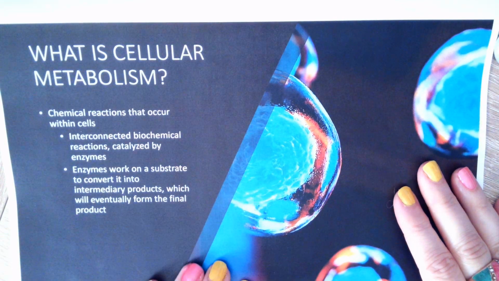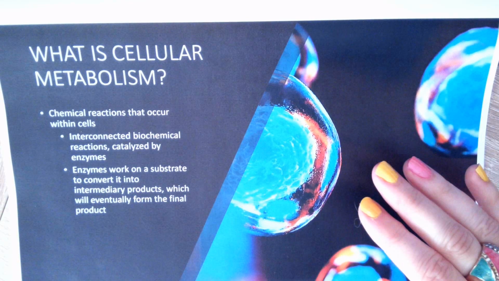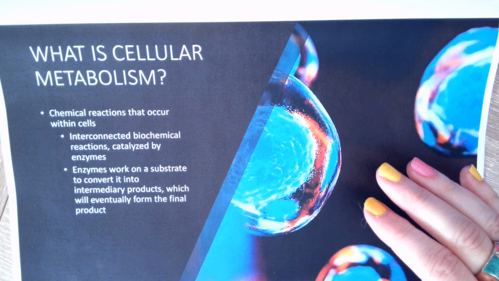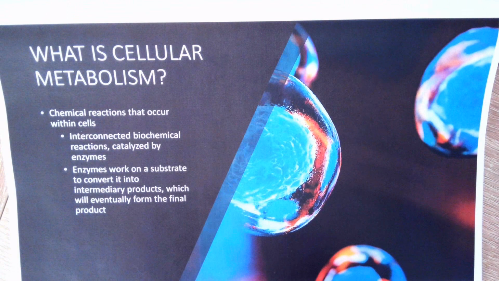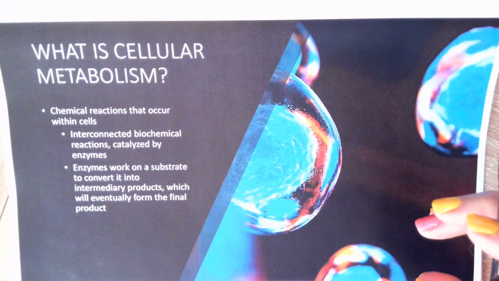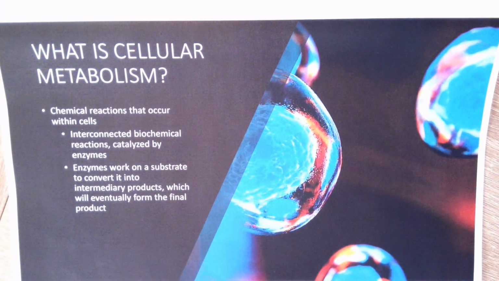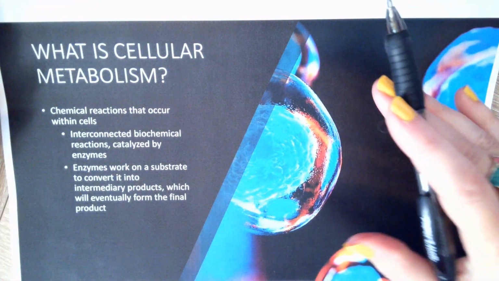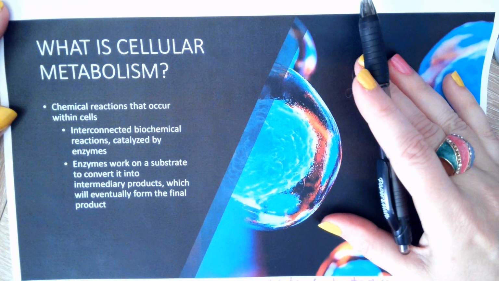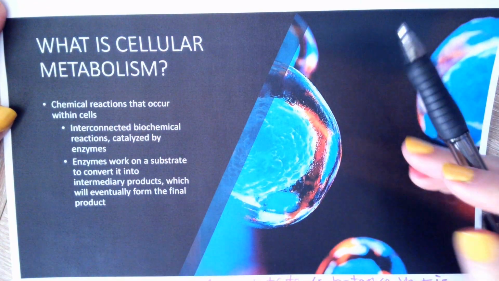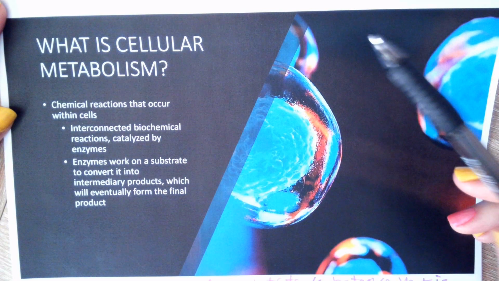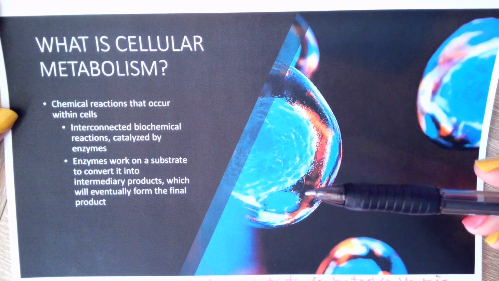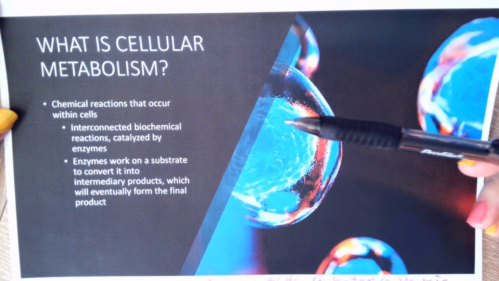What is cellular metabolism? It really is just referring to the various chemical reactions that can happen inside of a cell. So examples would be glycolysis, the Krebs cycle, things like that you've seen before. But there's many, many other reactions that happen within a cell. In A&P 1, you probably would have learned about second messengers. Those are chemical reactions, and they use enzymes, and they have several steps in the reaction, and that is typical